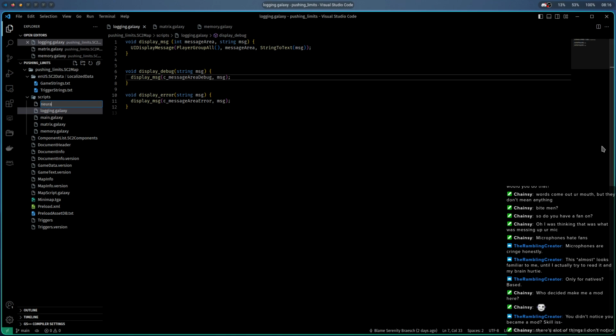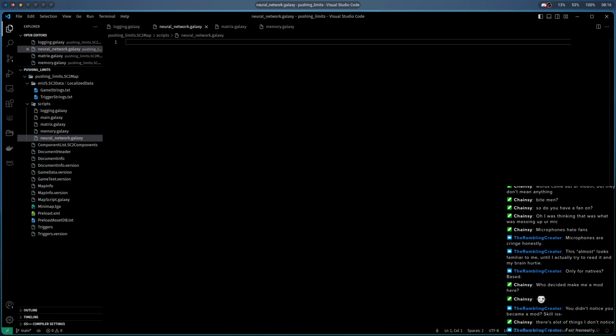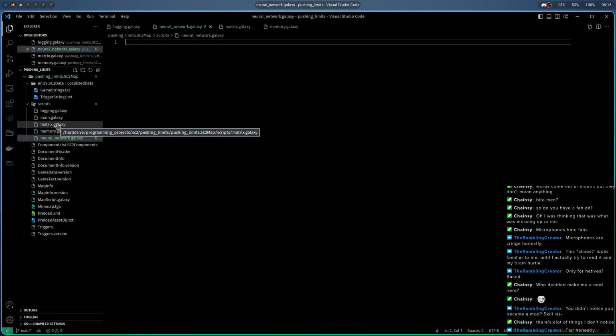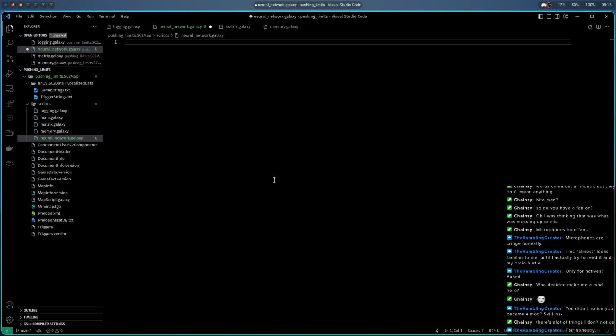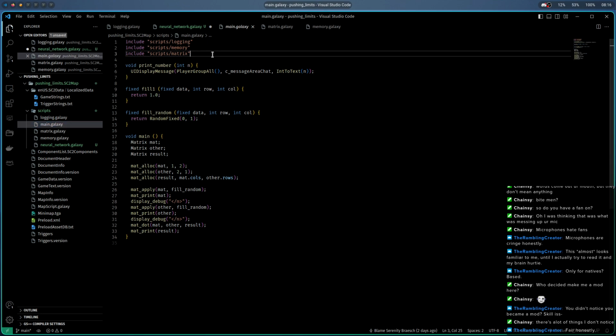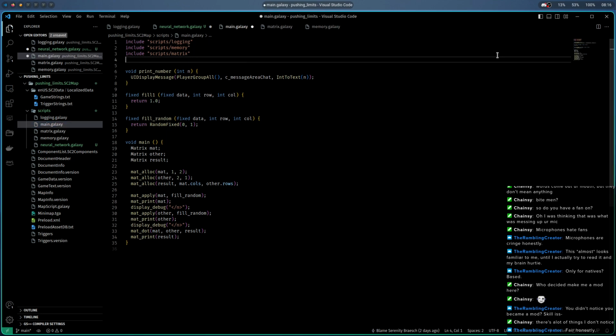So now that I have that down, I think I can actually start working on the neural network itself. I still don't think there's a good way to include matrix in here whilst also being able to include it in the main file. So I'm just going to include it up here. Well, I guess I could just not include matrix here and include it in the neural network file instead. But I think I'm just going to make sure that I include